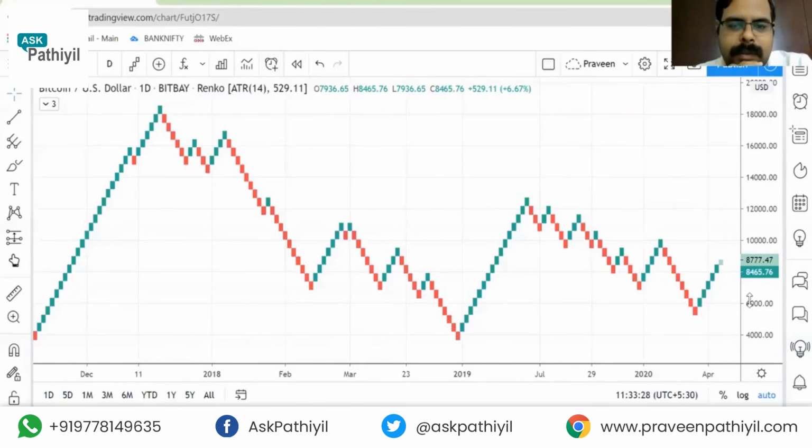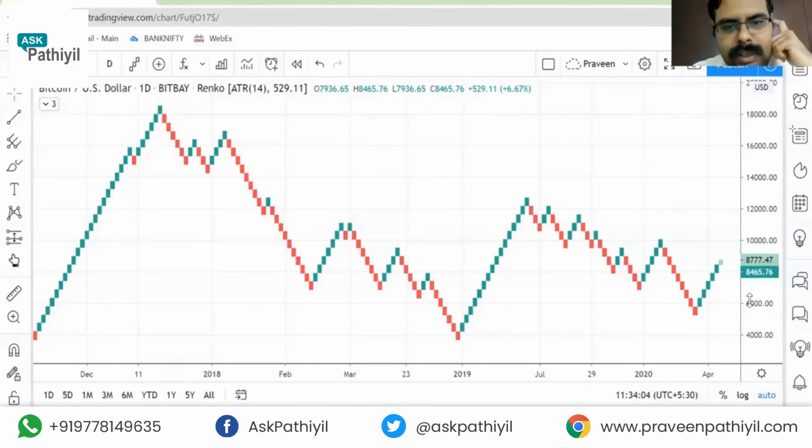We try to dig deep to find out what was the logic behind defining a brick size in the conventional method. Because when we see 2 or 3 traders defining the brick size for the same instrument in the same manner, how do they arrive at the same kind of brick size? Was there any common logic behind it? That was a key question going around in my mind. So after a lot of research, I could understand that